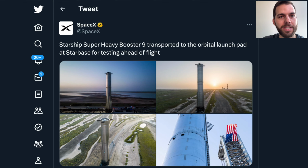And then quick update on SpaceX. So Super Heavy Booster 9 is making its way to the launch pad. So, we had the last test flight here, or the first stacked orbital test flight back in April. And now we're getting to a point where it looks like things are maybe not close to ready, but getting close to ready for SpaceX to do another test flight,